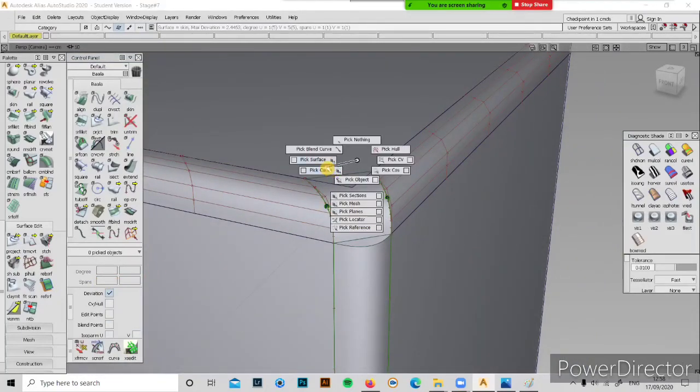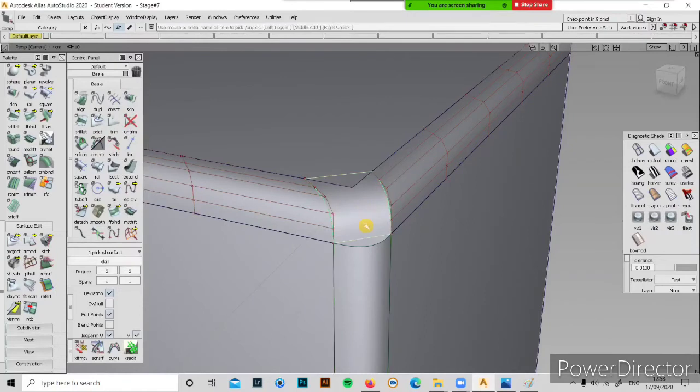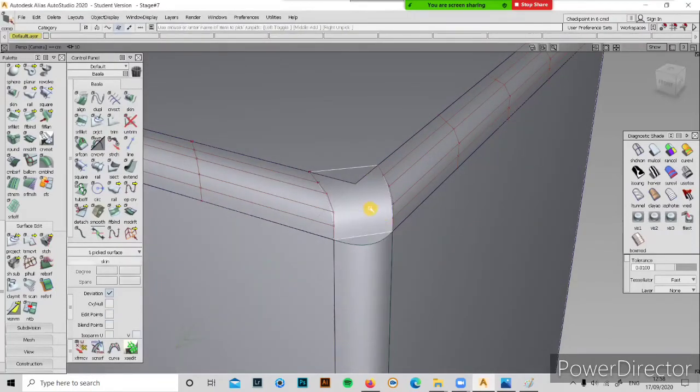Wait, I'll remove the history of it. I'll delete the history. And now I have this object and I'm going to give 3 cross 3. But here I have 5 cross 5, and the continuity flow for this, if I align, I won't be able to get it. You get it?